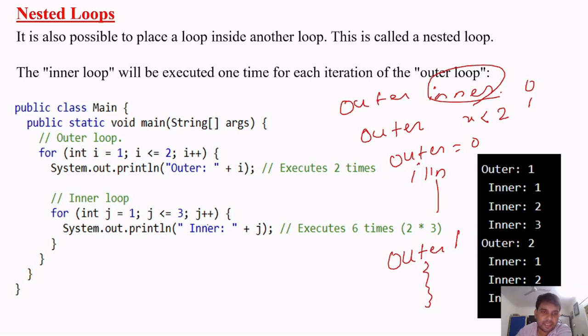इनर में अगर यहाँ पे जैसे लिखा है j is equal to 1, j less than or equal to 3, तो j होगा 1 2 3। आउटर क्या है, i is equal to 1, less than or equal to 2, मतलब 1 2। तो आउटर जब 1 होगा तो 1 2 3 भी इनर का एग्जीक्यूट हो जाएगा। फिर आउटर जब 2 एग्जीक्यूट होगा, तो फिर से वो 1 2 3 एग्जीक्यूट हो जाएगा। तो आउटर 2 बार एग्जीक्यूट होगा और इनर 6 बार।